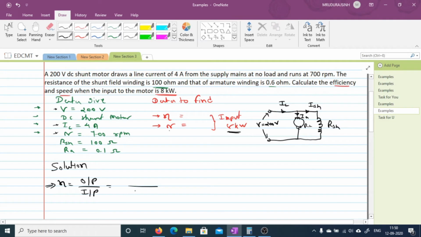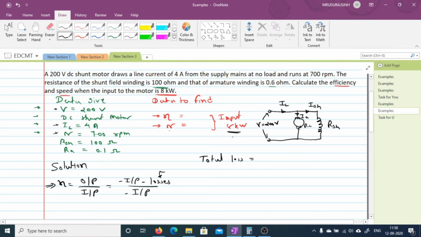So let's just modify this equation as input. Output is equal to basically input minus losses. So if we subtract the losses from input, we get the output. Now we need to find the losses. So which type of losses occurs in DC motor? So let me write